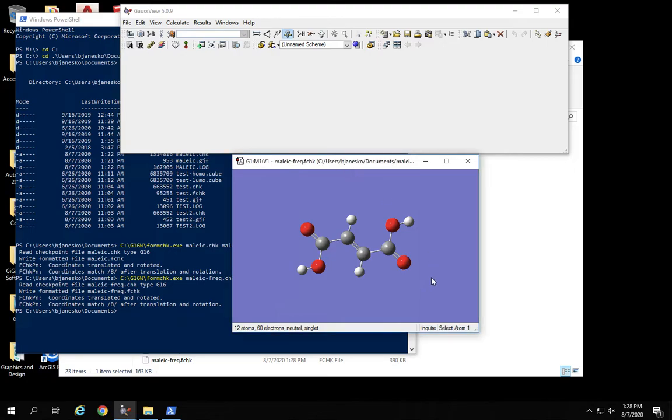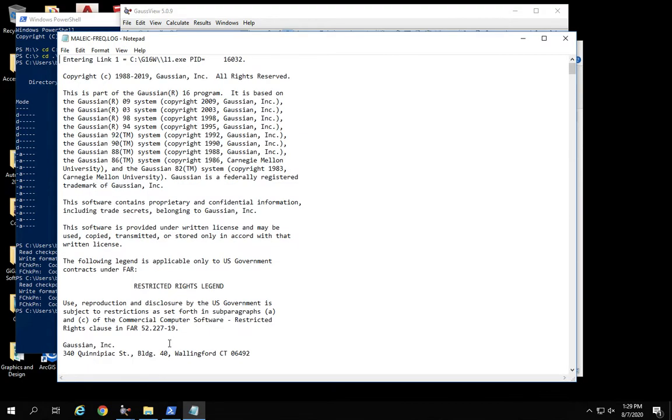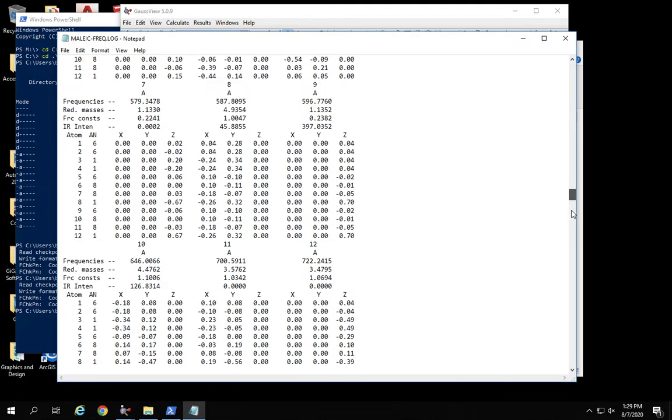Now the last piece that I need to make sense of this, to get the isomerization energy, is going to be the total energy of this molecule. The total energy and the total enthalpy. Both of those pieces of information are in the log file. So I'm going to jump back into my documents folder where I'm saving all of these for now, and I'm going to go find maleic-freq.log. Open that in Notepad. This is my output, and I'm going to scroll down